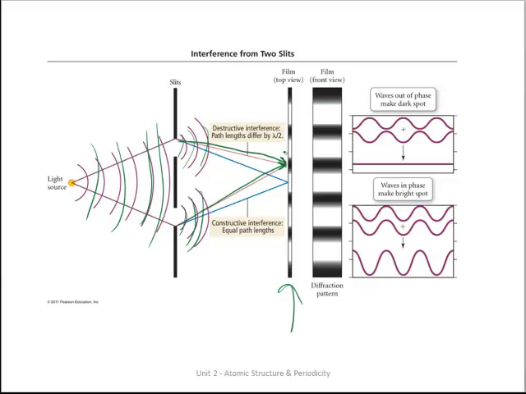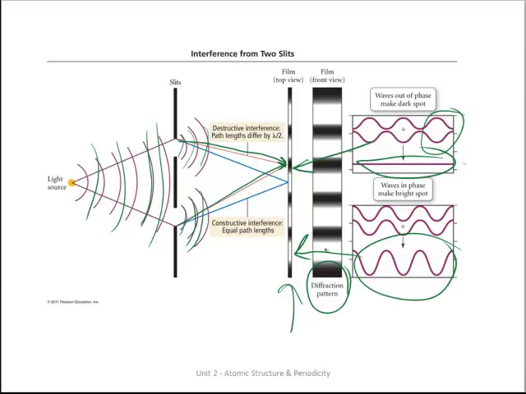And what that produces is a very systematic pattern of both destructive and constructive interference, where the waves that are out of phase will undergo destructive interference and create a dark spot where you don't see any light, and waves that undergo constructive interference will produce a bright spot on that detector,